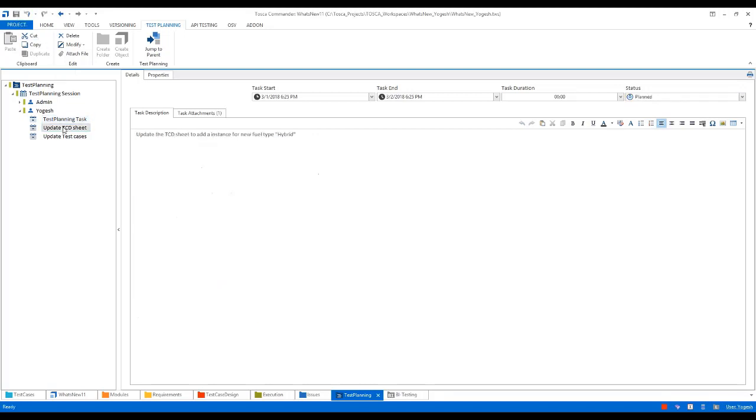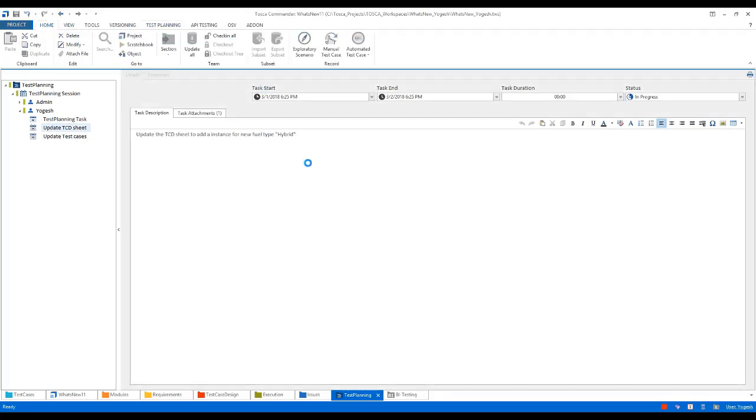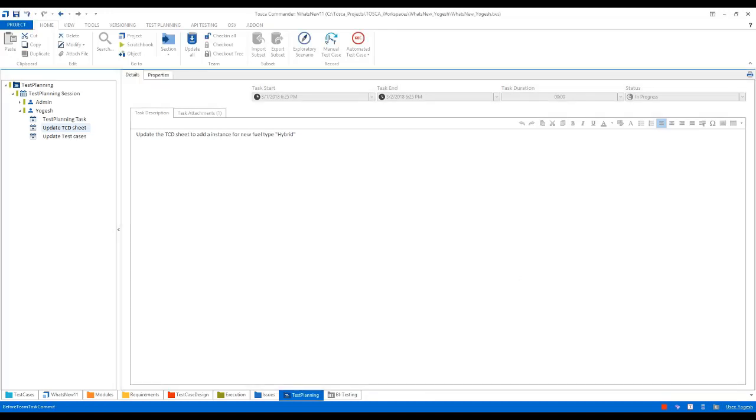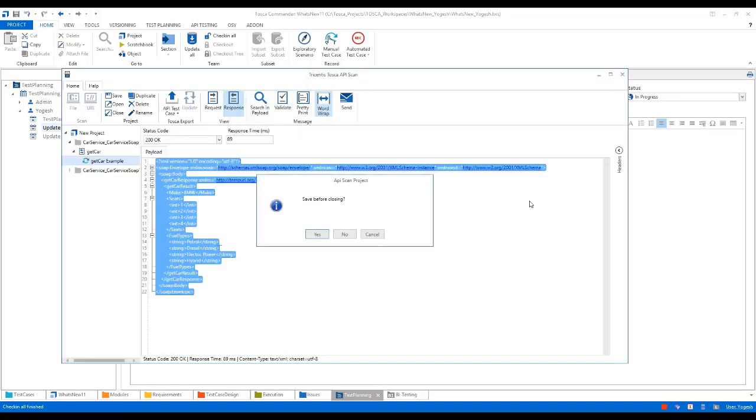So similarly, now I can start working on this. So I will just mark this as in progress. For the time being, I will just do check in all, and we will see how we can verify the runtime status of the different tasks. So perform the task 1. Okay, let me check in all changes. We close this,